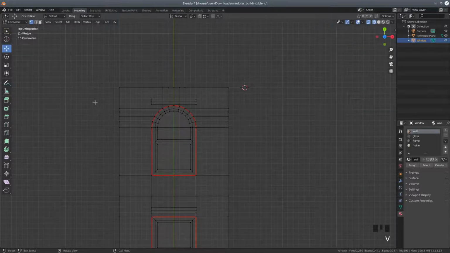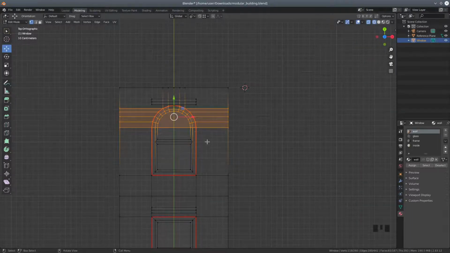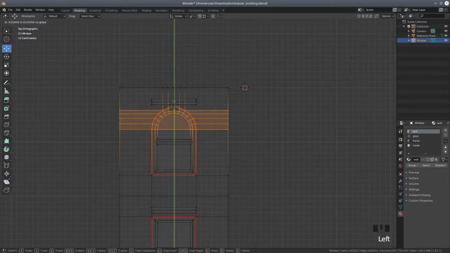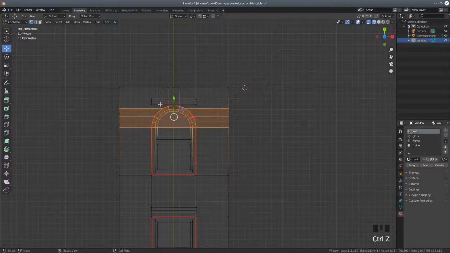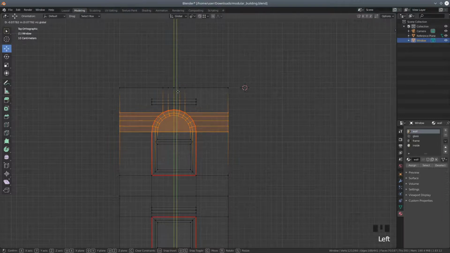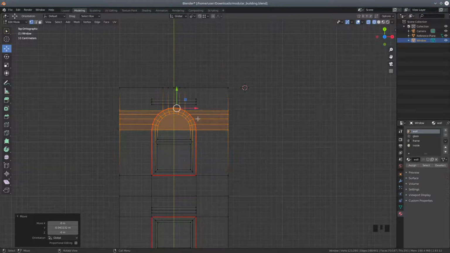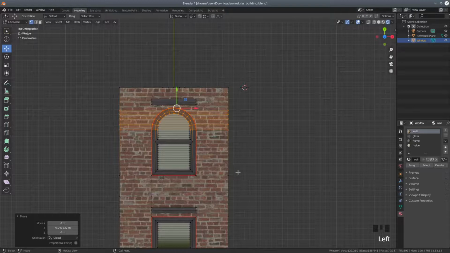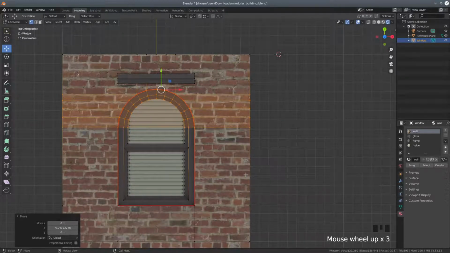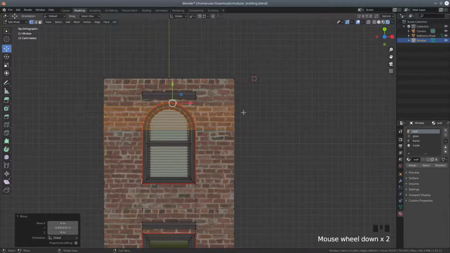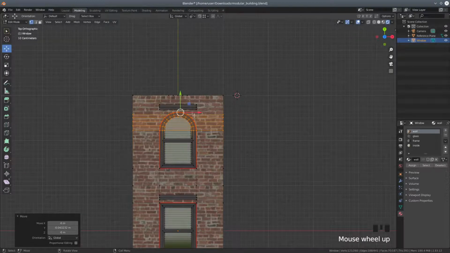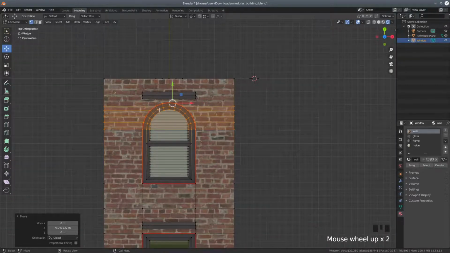So let's do B for box select, select all of that, and I'm just going to move that down. Let's do Control Z on that because I missed a vert. Let's do B. Select that vert as well. So I'm just going to move that down so that we've got about the same gap. Roughly speaking, something like that. We will have to redo our UV mapping, I think. We'll see. Anyway, so what I want to do now is I want to